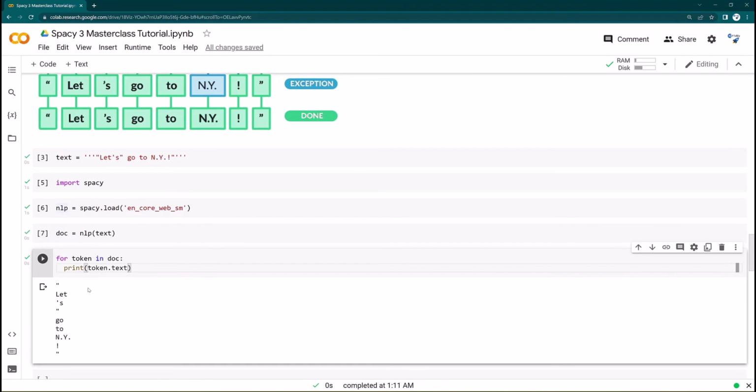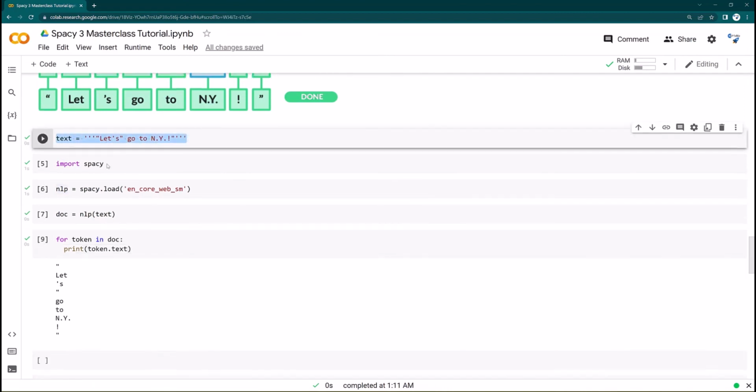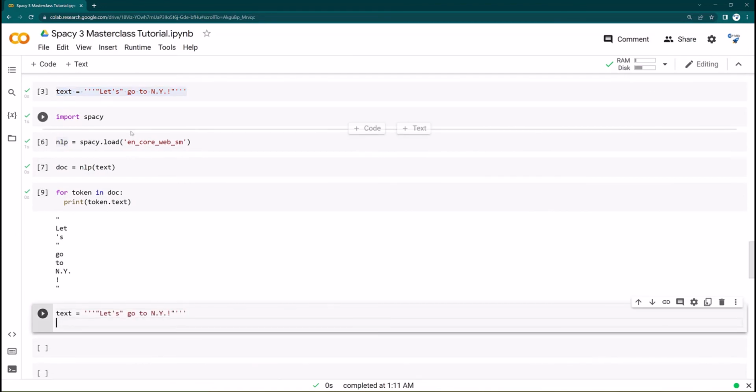So like you see here, this is how it was broken, and the same thing we saw here. First this double quote comes, then let comes, and then finally apostrophe and s comes, and then similarly NY, and then the exclamation mark, and then the double quote. All these are broken into a single token, not a single character, but a single token. So that's how tokenization happens in spaCy. In the meantime, you can also try some other text as well. Let me just show you. I just copy this text from there, and